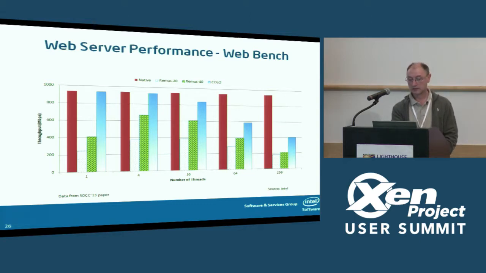So in this first set, you see that COLO is just about native performance, and it's quite a bit higher than the Remus performance. Second set, very similar. In the third set, COLO is starting to fall, and then COLO falls across the next three sets. Still remains better than Remus, but